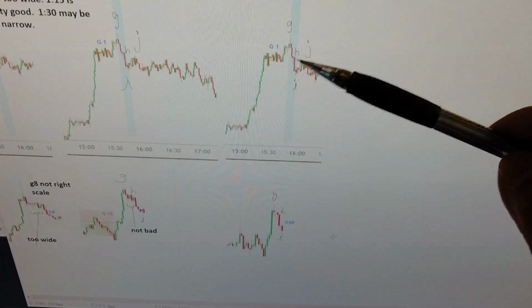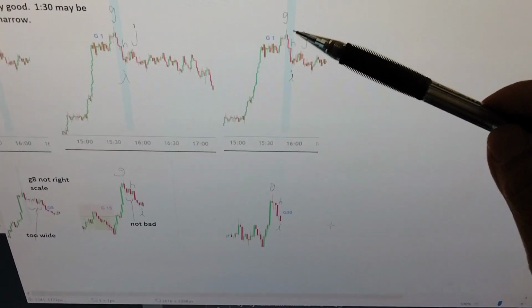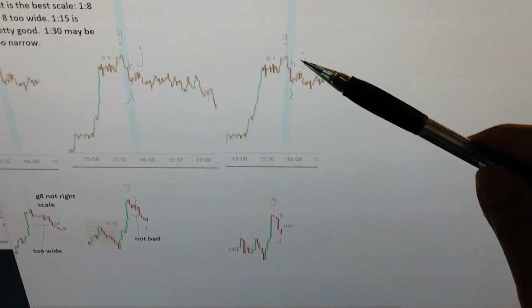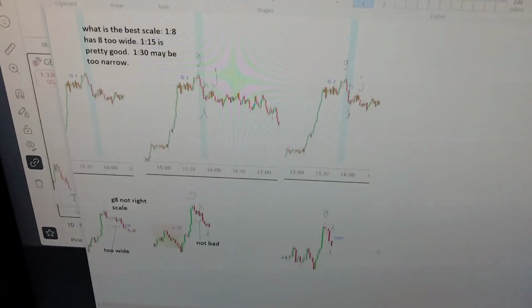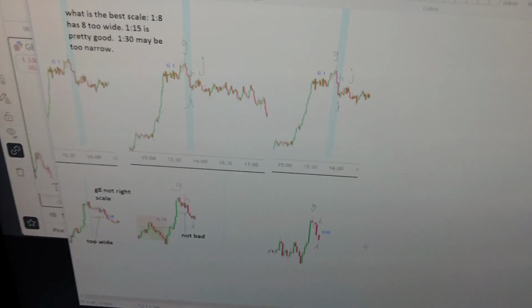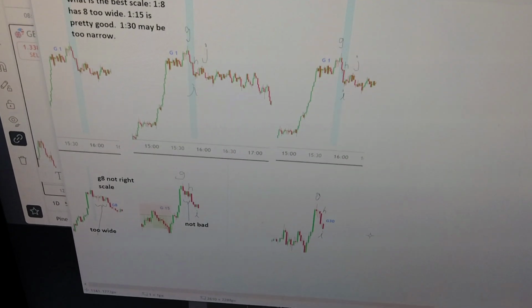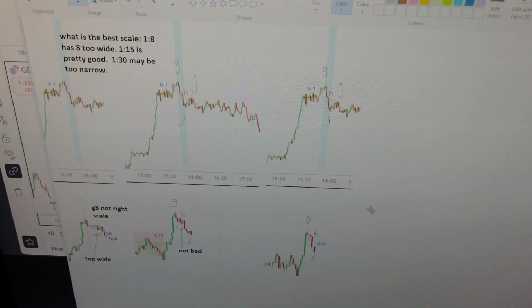Now, if we do go to the 30, we see that it's a little bit too big of a time frame, jumping to 1 to 30, because ghi becomes ghi and making the J up here like that. So, I mean, we can see fractals everywhere, and we can see the physical correlation, the chronological correlation, and the fractal structure correlation, and then also movement discrepancies and movement correlation, and often